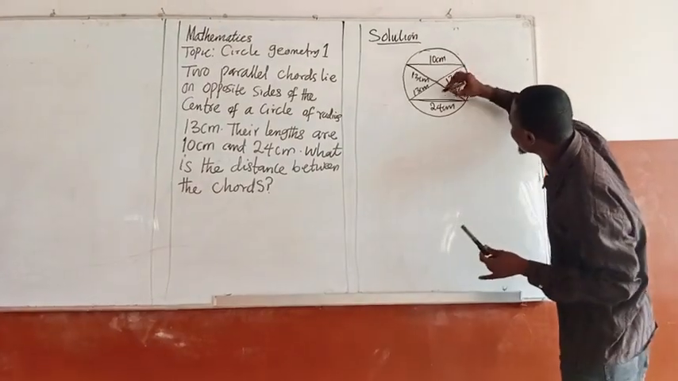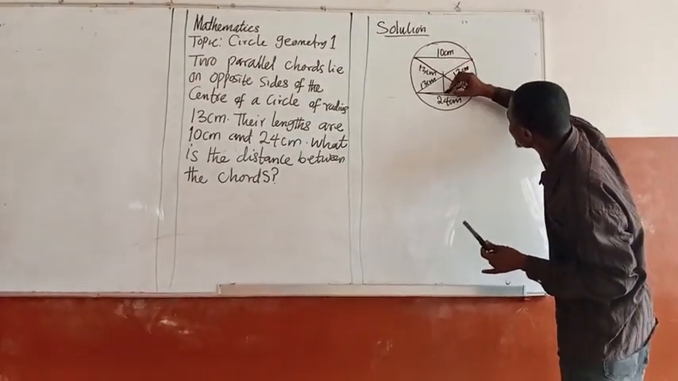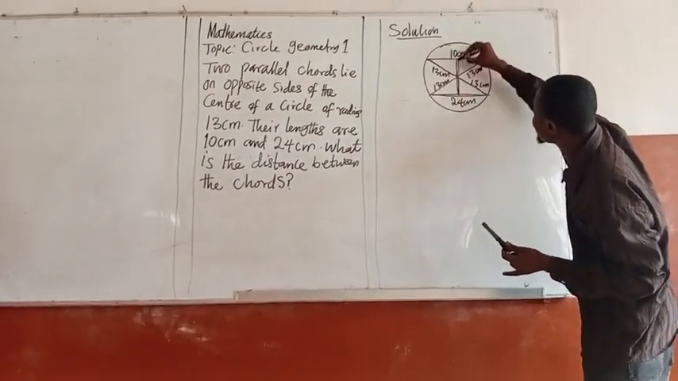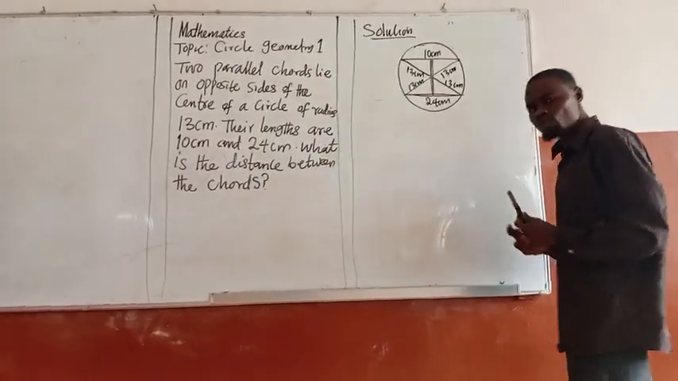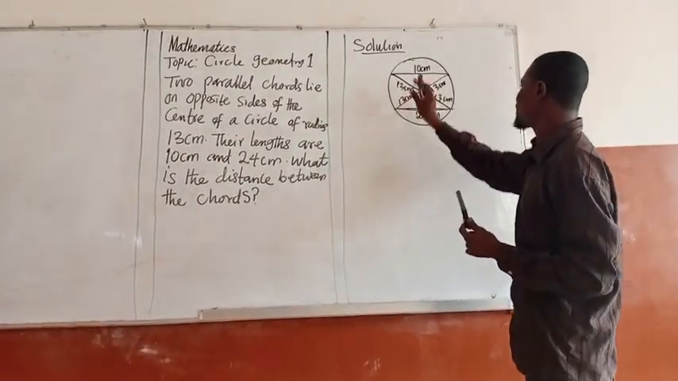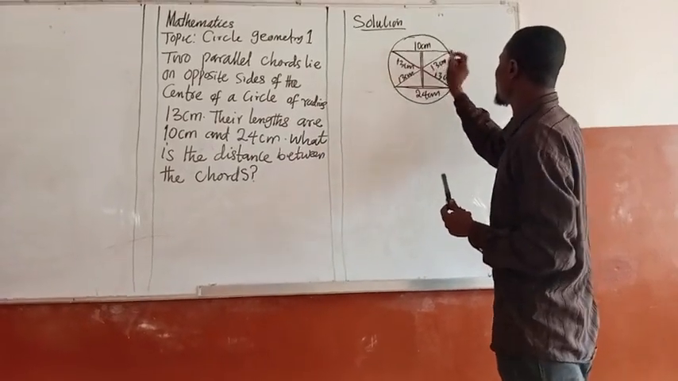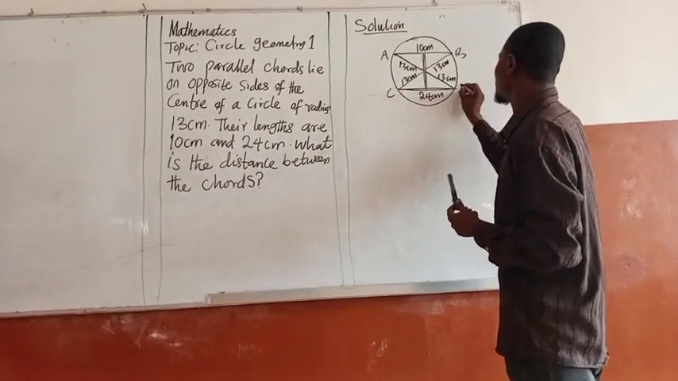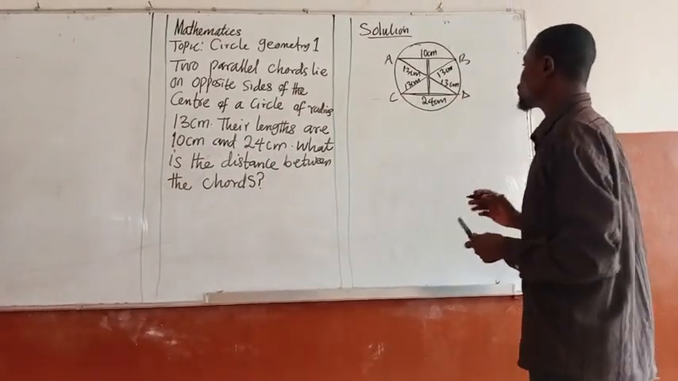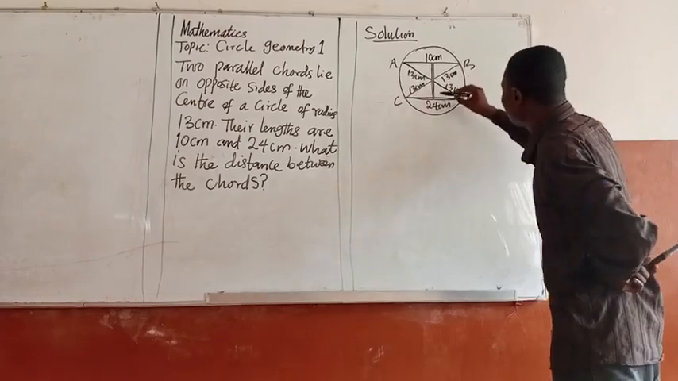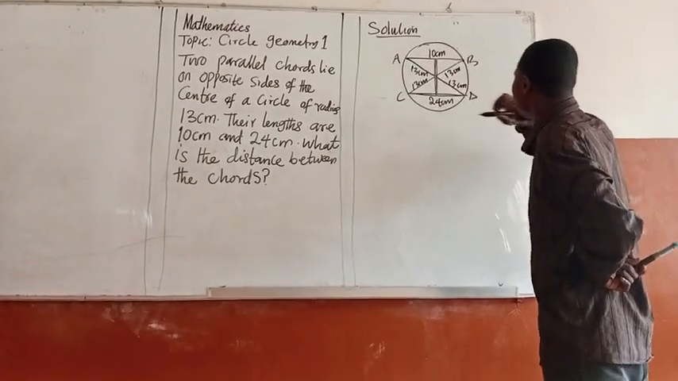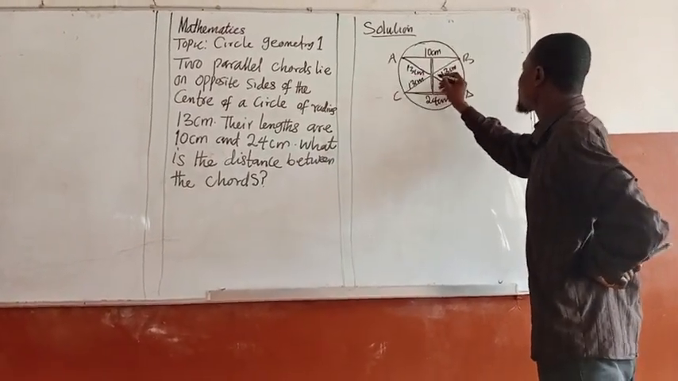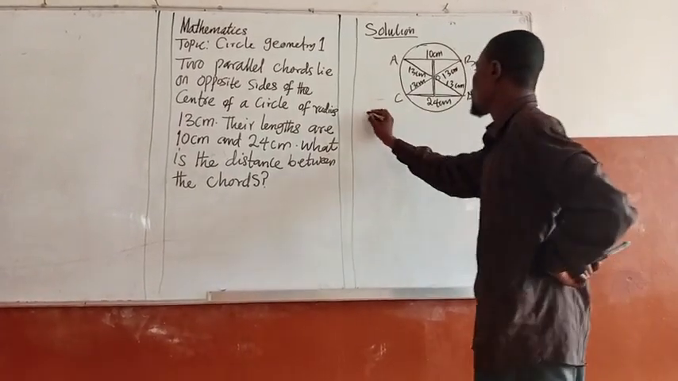which is the vertical distance like this. This is what you are looking for, the vertical distance from here to here. So to get this side, let's call this one line AB. This is CD. So now what you are going to do is this. We are looking for the distance from here to here, and here is center O. Now say from